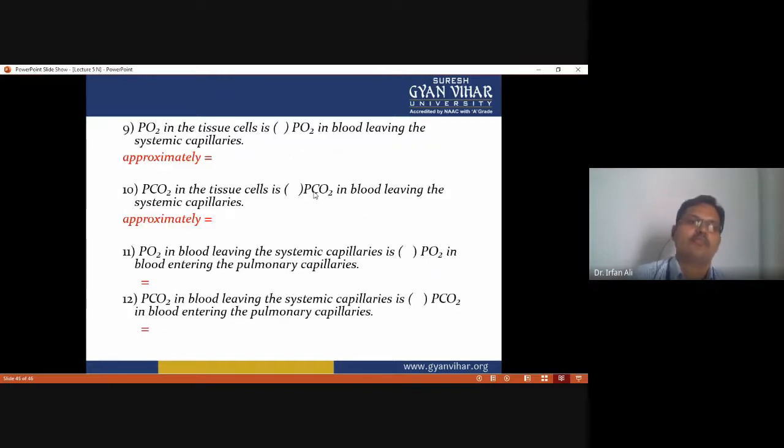and the partial pressure of oxygen in the tissue cells is approximately equal to the partial pressure of oxygen in the blood leaving the systemic capillaries, and the partial pressure of CO2 in the tissue cells is approximately equal to the partial pressure of carbon dioxide in the blood leaving the systemic capillary, and the partial pressure of oxygen in the blood leaving the systemic capillary is equal to the partial pressure of oxygen in the blood entering the pulmonary capillaries, and the partial pressure of carbon dioxide in the blood leaving the systemic capillaries is equal to the partial pressure of carbon dioxide in the blood entering the